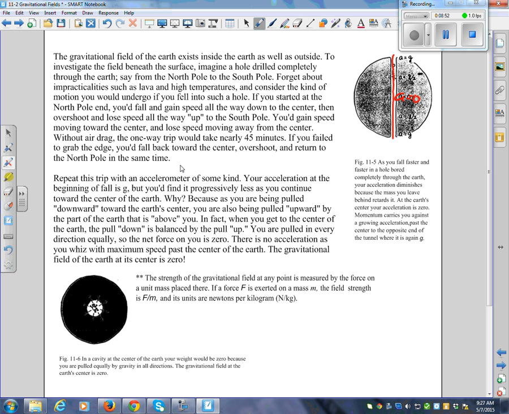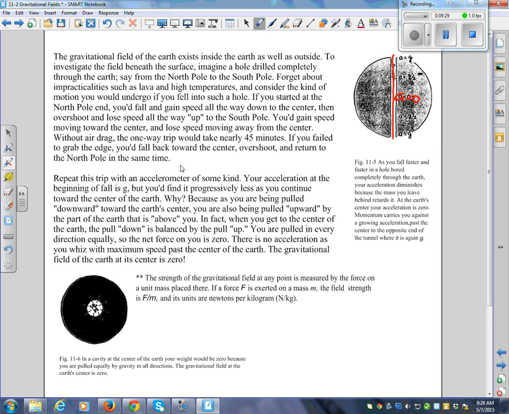That is assuming that the Earth is perfectly round. It's not, right? But if you do assume the Earth is completely round, and you were to jump in the hole, 45 minutes later, Graham's walking down the street in Australia, right? And what would you see when the person popped up the hole? What would you see? It's a dead body. It's only 45 minutes. Would they come out and give you the wave like this?